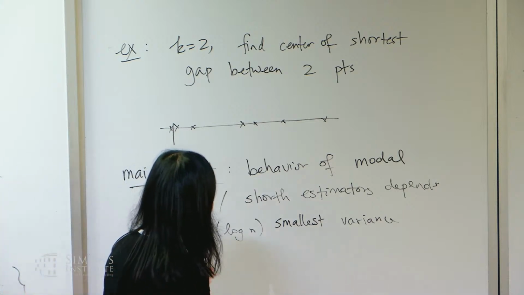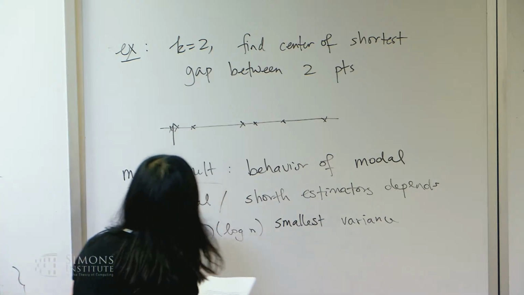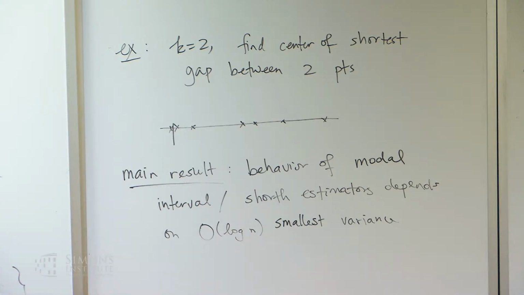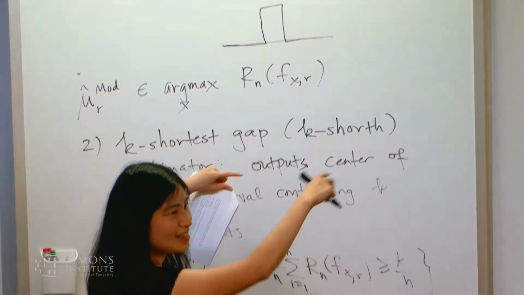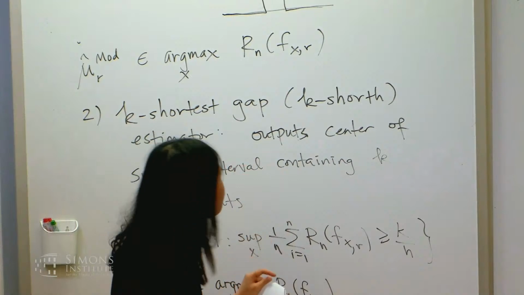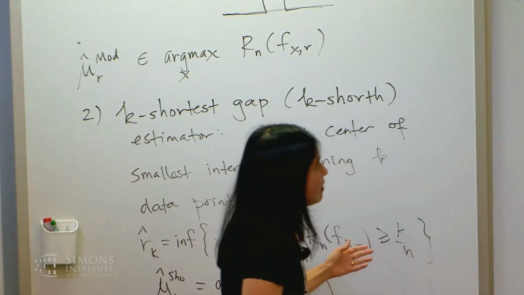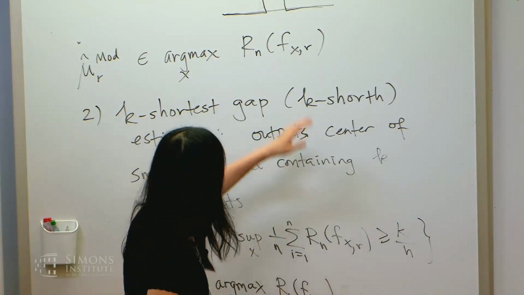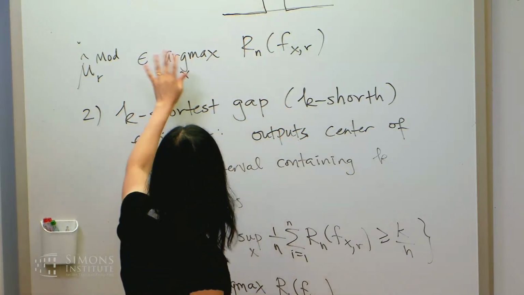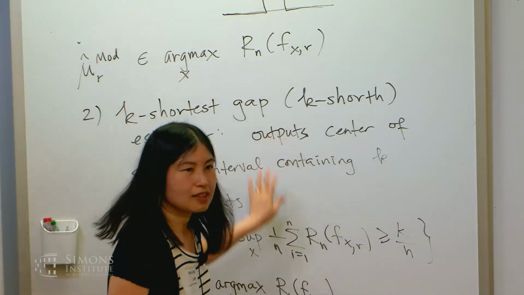But why is this interesting? Again, I'm not going to go into details here. You can think about these estimators as sort of unconventional M-estimators, because you can think about this as a loss function that's a step. But you're maximizing, so think about the negative. That's a really bad non-convex, not differentiable loss. For that reason, folks from the robust statistics community took a very long time to understand the exact asymptotics of the modal interval estimator and the shorth estimator.